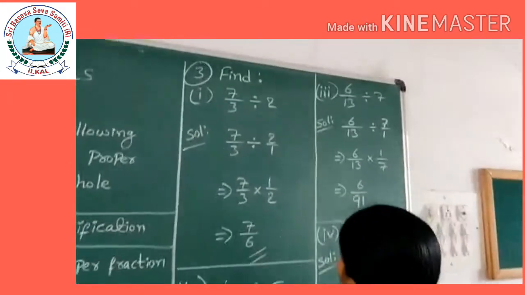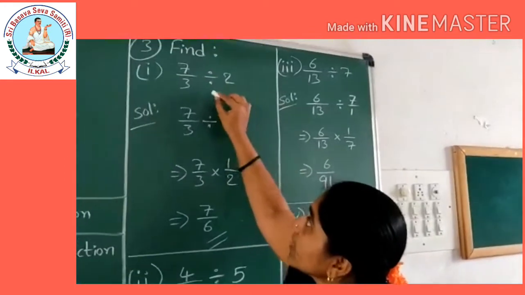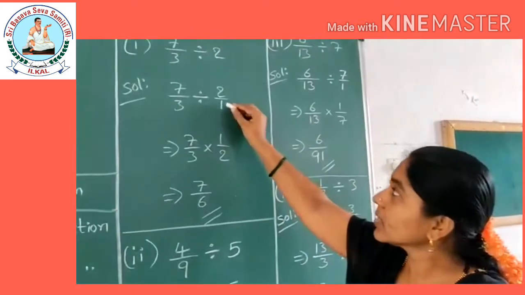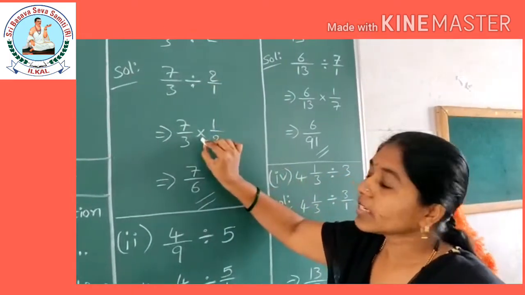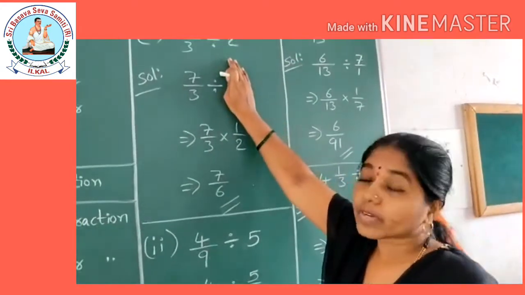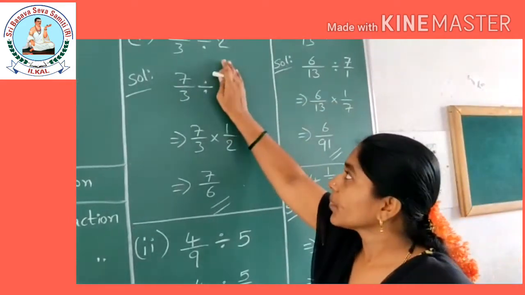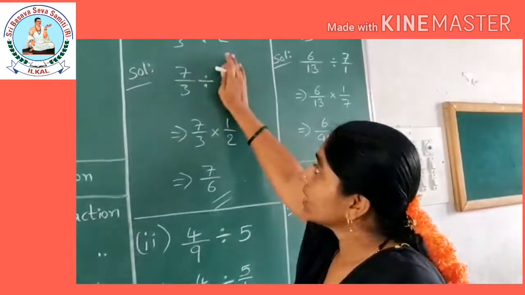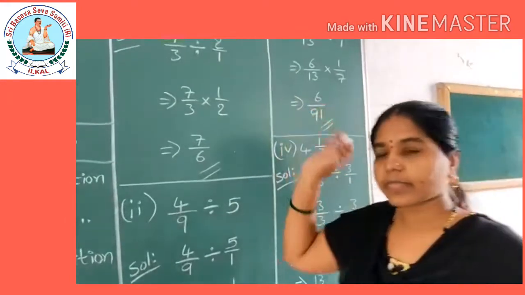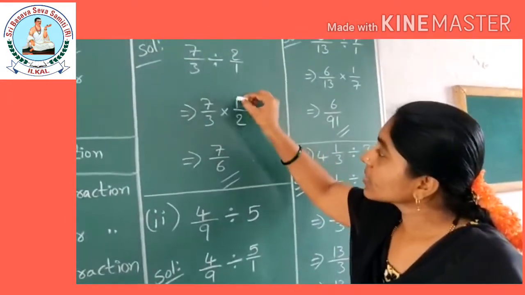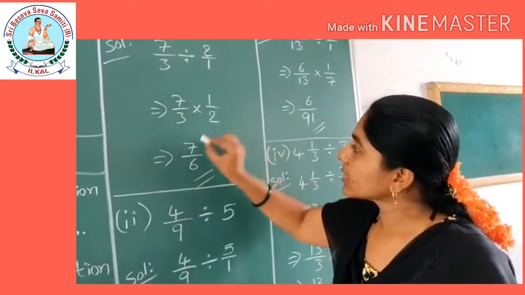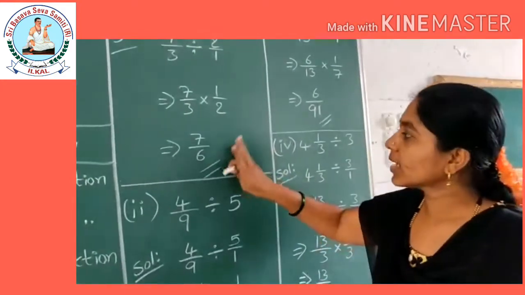Let's solve next question. Find 7 by 3 divided by 2. 7 by 3 divided by 2 means denominator nothing is there, means 1 we can take, children. Then division I am converting into multiplication when we do reciprocal of only one fraction. This is very important. Every time remember, left side value as it is we will keep, children. Only right side we will do reciprocal. Compulsory you have to do reciprocal from the right side itself for all the questions. 2 by 1 reciprocal is 1 by 2. After doing reciprocal, the sign changed. 7 1s are 7, 3 2s are 6. If you want, you can convert to mixed fraction.